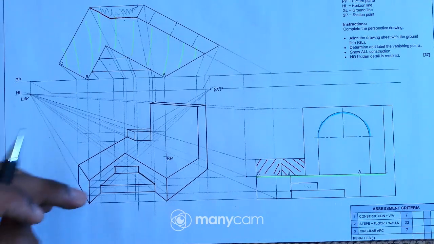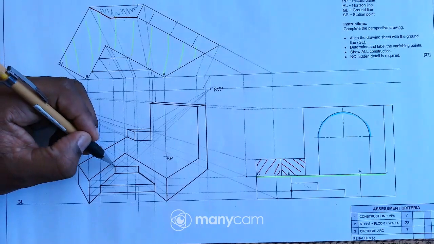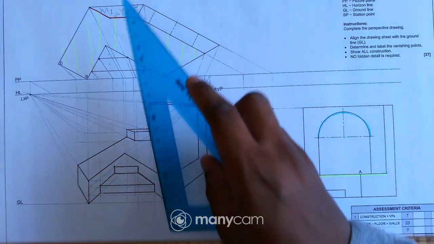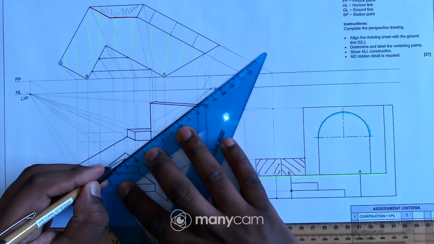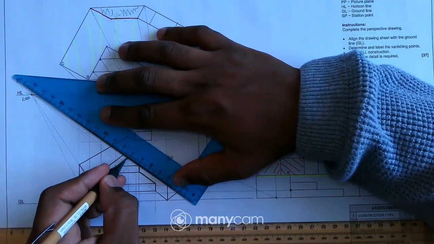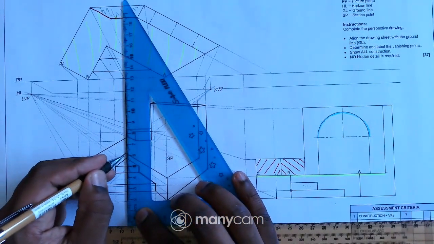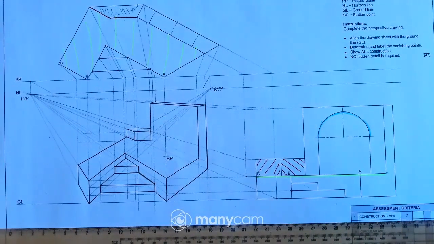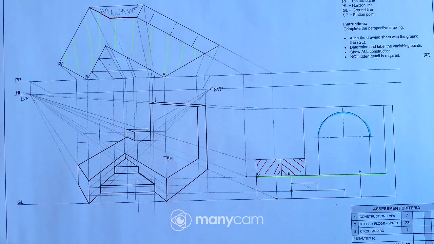Okay, so if I look from the top view, you can see that I have a triangle there. That means that triangle is over there, right? Okay, so I can just construct that triangle. Just draw that triangle just like that, and at the corner there I can just draw a vertical line. Okay, so I'm done with the steps there.